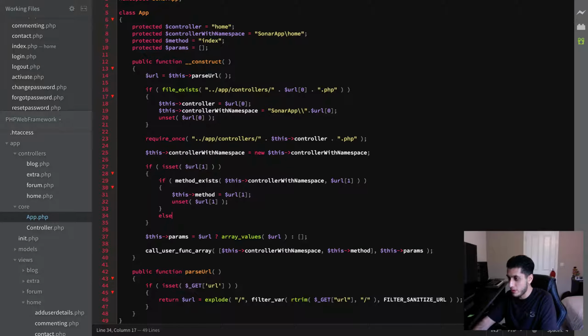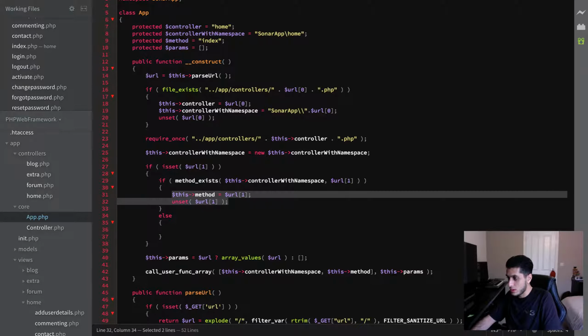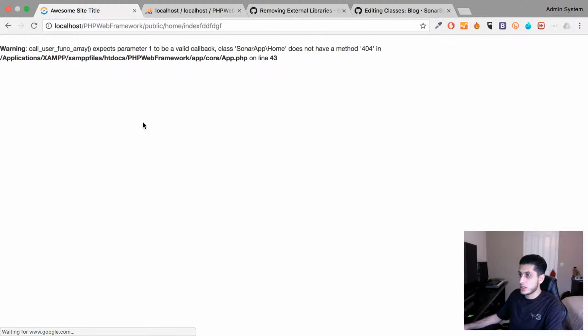So if method doesn't exist, $this method, essentially do the same, but instead of setting it to the URL, I'm going to set it to 404. 404, save that. So if the method doesn't exist,